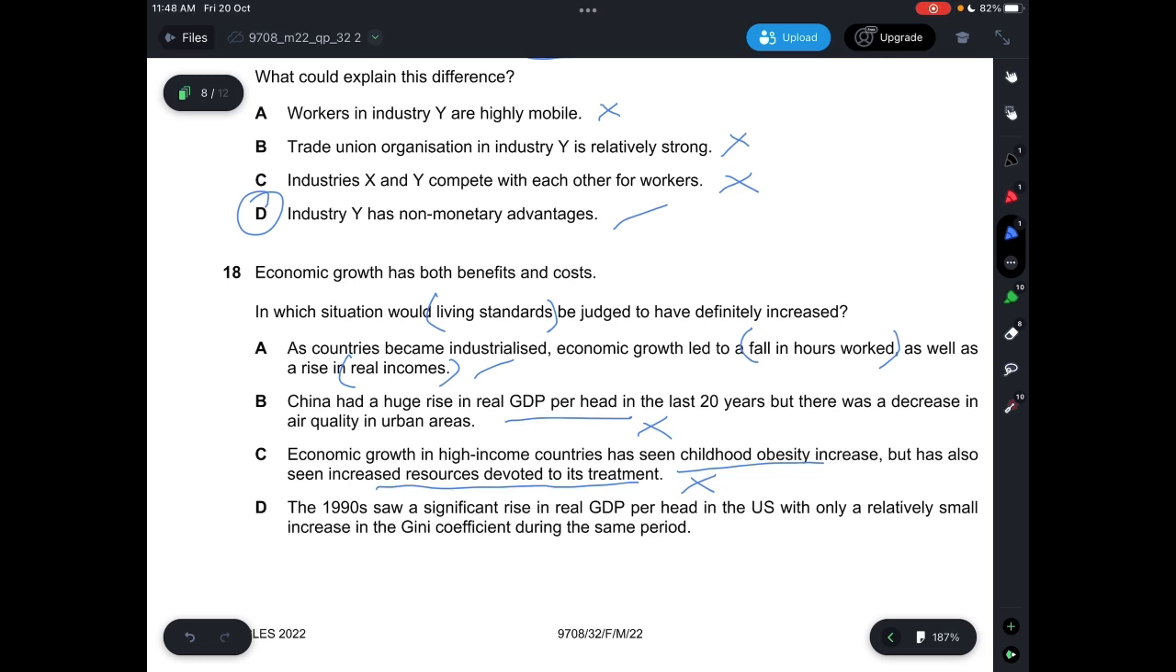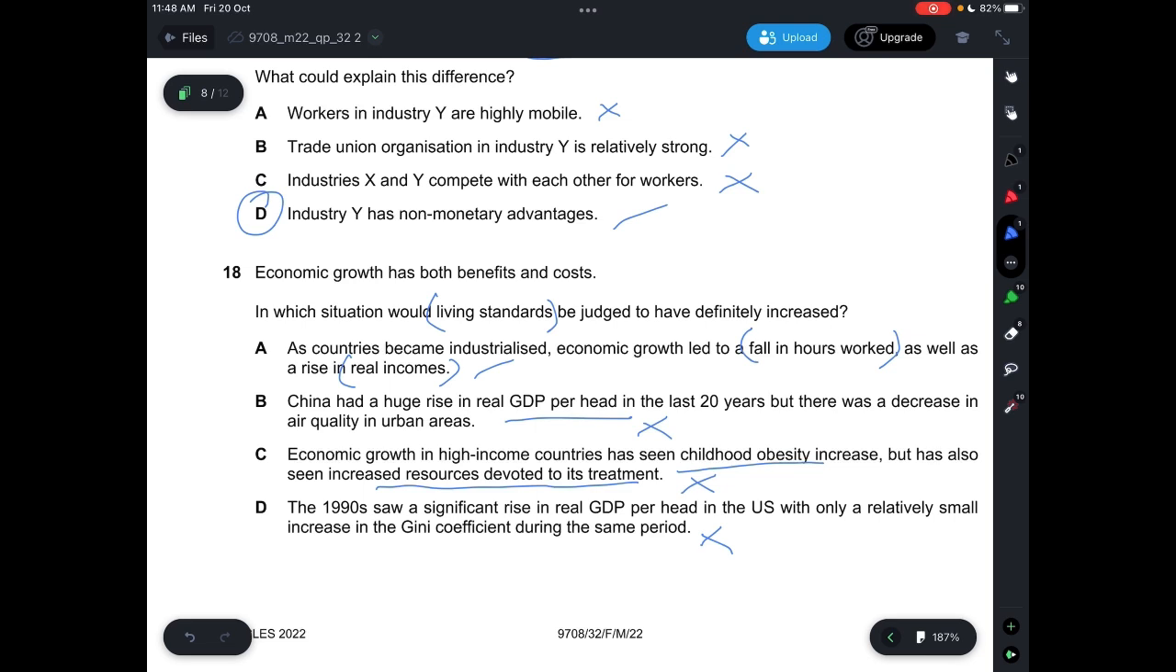with only a relatively small increase in the Gini coefficient during the same period. Even if there's only a relatively small increase in the Gini coefficient, this means that there is still income inequality, and this also means that living standards have not necessarily improved, even though there's a significant rise in real GDP per head. And if you compare with A, A would be the best answer because a fall in hours worked and